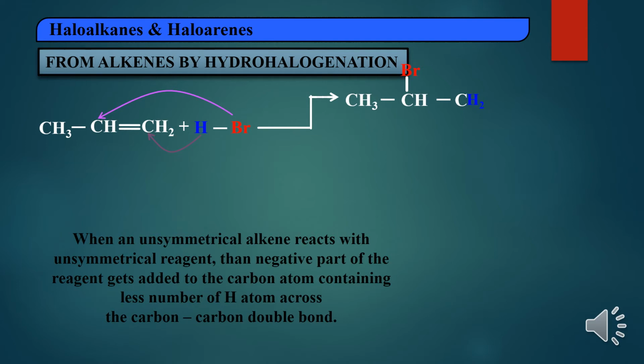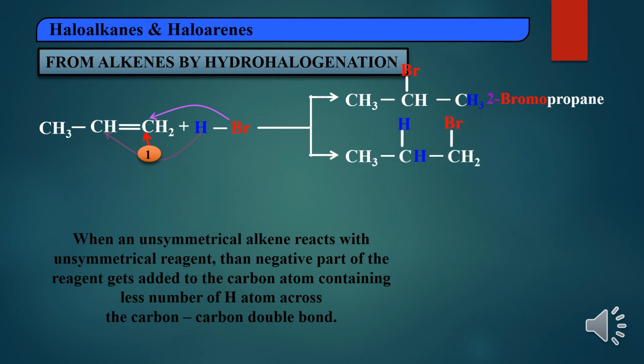2-bromopropane. If you attach the opposite way, means the negative part to the carbon atom containing more hydrogens, then you will get the product as 1-bromopropane. So according to Markovnikov's rule, the negative part you have to substitute